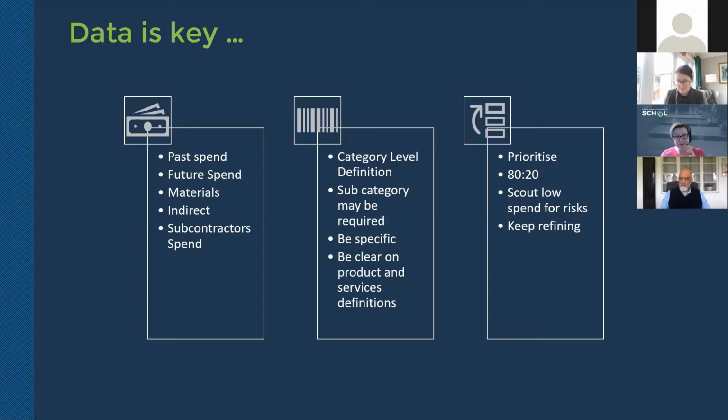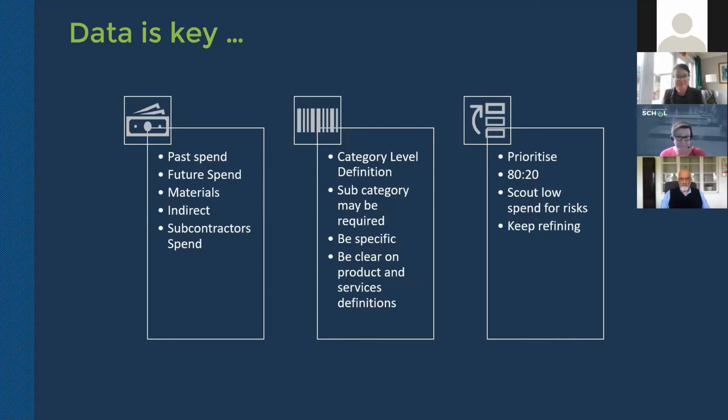So think about the level of detail you have around your categories to ensure that it is at the right level of detail. That doesn't mean that if you're looking at your pens you need to worry about a red pen and a blue pen. That's a little too detailed, but making sure that fundamentally the purpose of this is to create procurement strategies, supply chain engagement programs that are meaningful and proportional. So the data up front really helps you influence in that space.